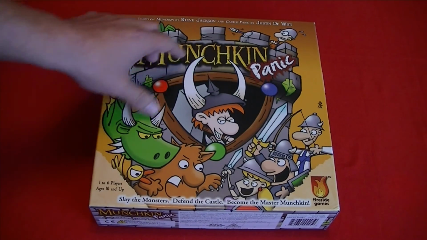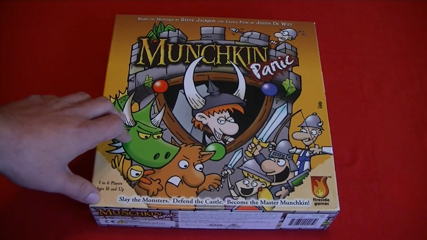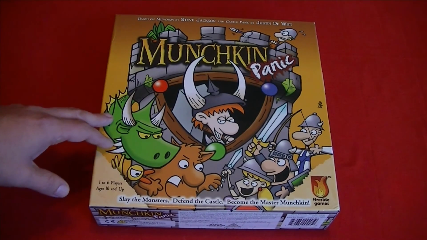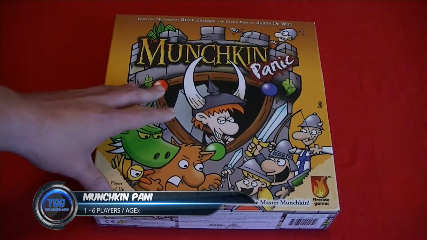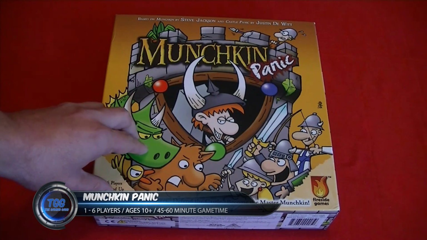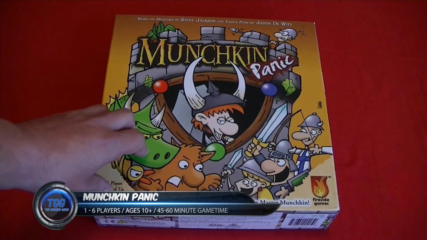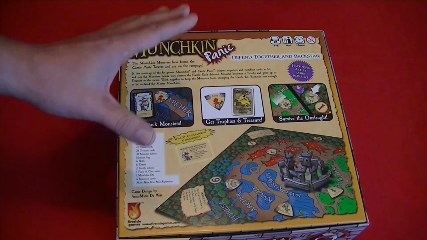Now, interestingly enough, Justin DeWitt used to work for Steve Jackson Games, so he's very familiar with Munchkin. This game is for 1 to 6 players, ages 10 and up. It's cooperative, and then it can also be not so cooperative, and I'll get into that in just a bit. But we'll take a look at the back of the box here,